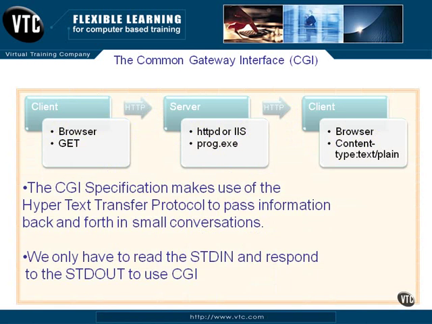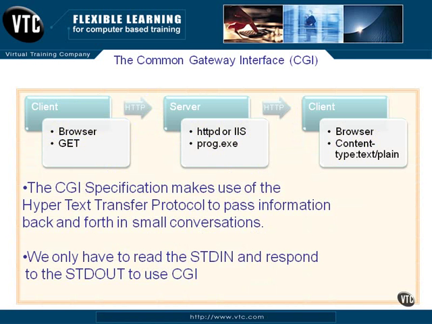Now here's really what's happening when we run a CGI program. You at the client in your browser will be doing a GET request, and you don't know that. You just type in whatever, CNN.com, VTC.com, something like that. And what happens is a GET goes to the web server and says that it wants something. It wants a particular page, the root page, the default home page, or some other page that you have clicked